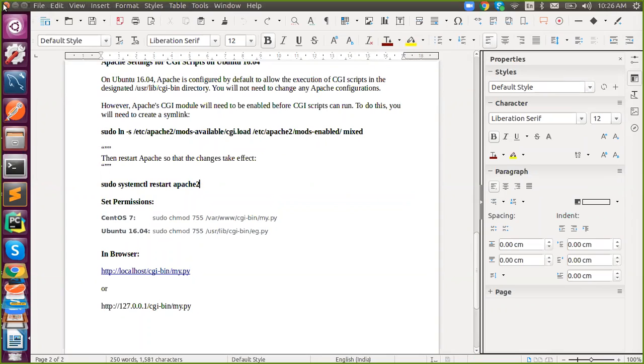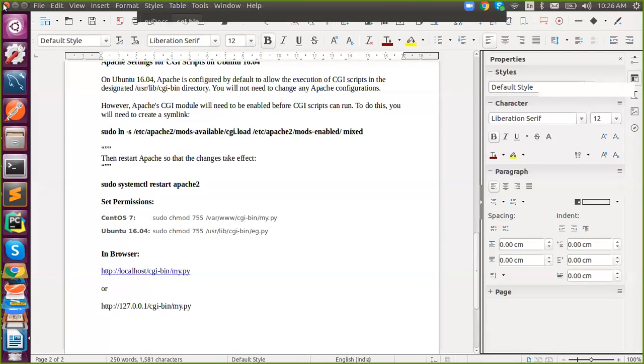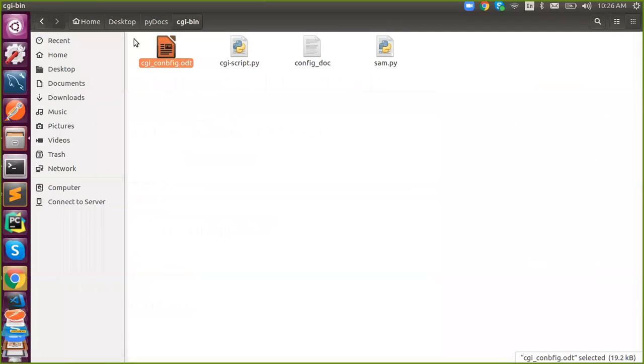I did this file, and I will share it with you in the drive so you can access it. In case you are into CGI development, you can go through this file. Remember, you need to do that configuration one time, depending upon the server you're using, Apache or Nginx, etc. Once you're done with it, open that file.